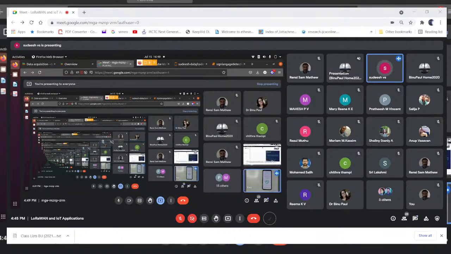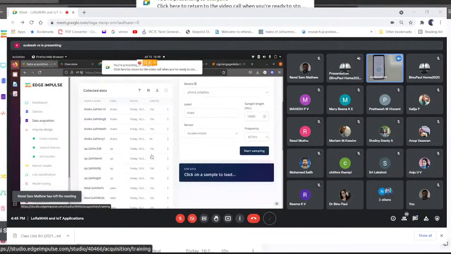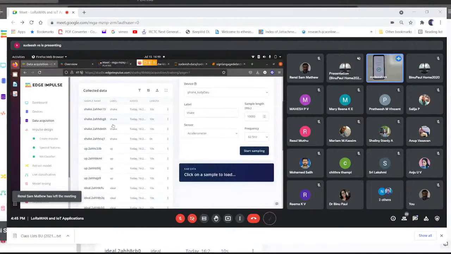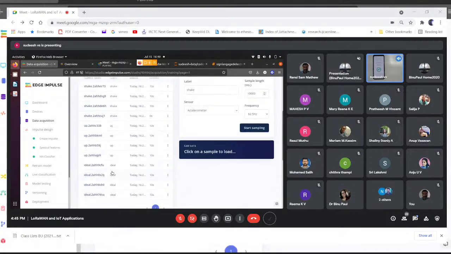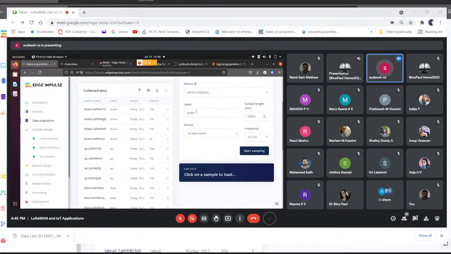If your device is connected, please go to the acquisition tab, then collect data. For ease, we currently have 3 labels: idle, up, shade. Each label has 4 data. So you need to collect 4 data for each label by changing the label name and clicking start sampling.